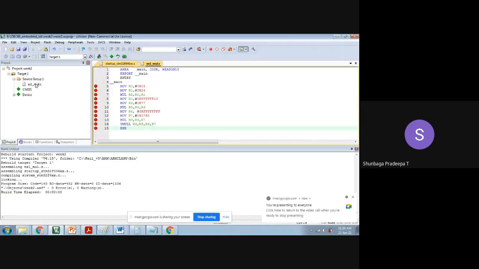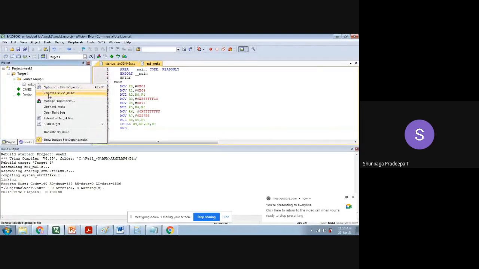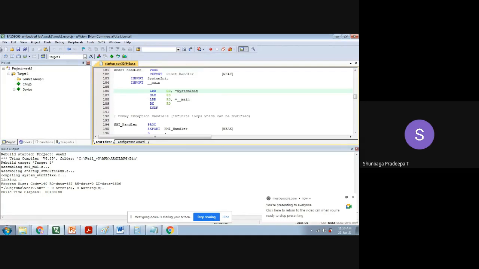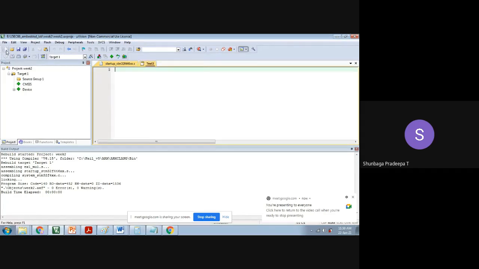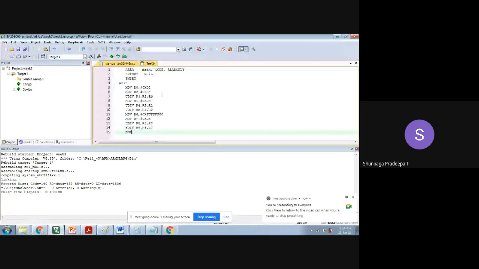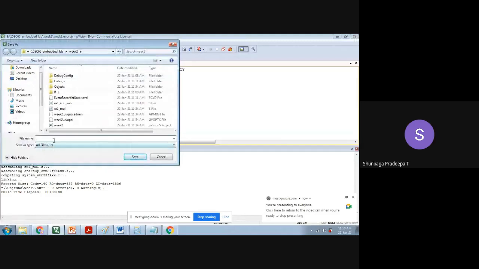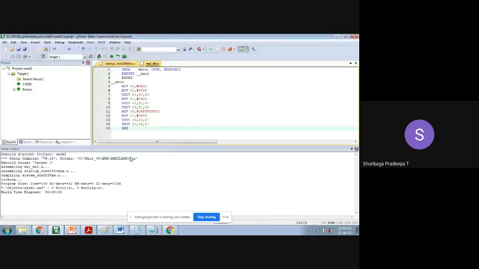So now what we'll do is remove this multiplication project from the project week 2 and create a new file. Okay, so now I'll type the code. I've just copied it here. Now I'll save it as week 2 example 2 div.s. We are going to do the division operator, so let us save this.